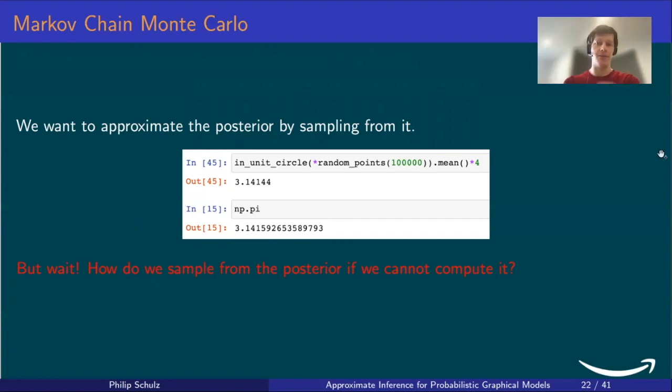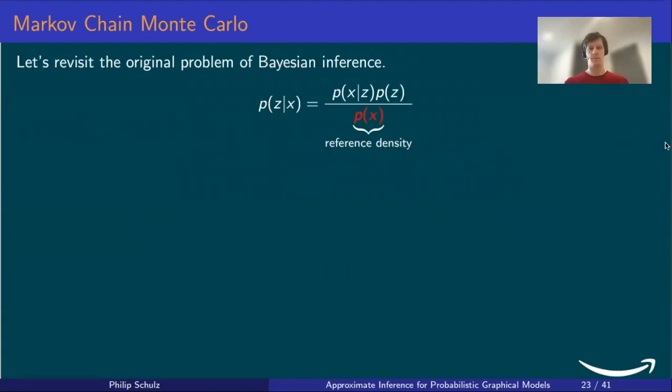Okay, and that is exactly what we're going to do with our posterior. So instead of approximating the posterior with another distribution, no, we're going to draw samples directly from the posterior. And now you may say, but wait, how do we sample from the posterior if we can't even compute it? So let us turn back to the original problem of Bayesian inference, namely that we can't compute the posterior exactly